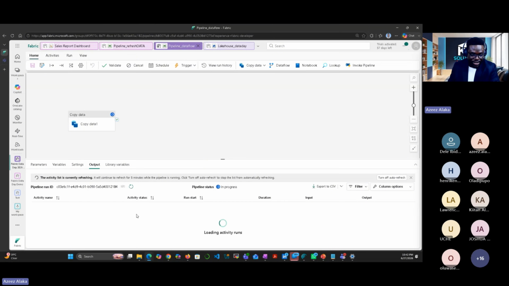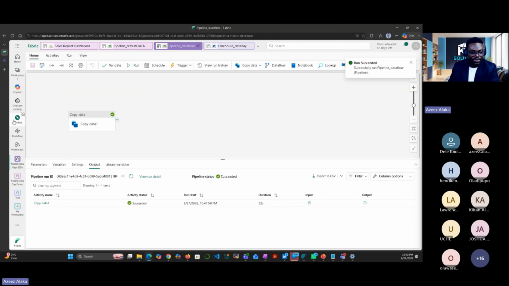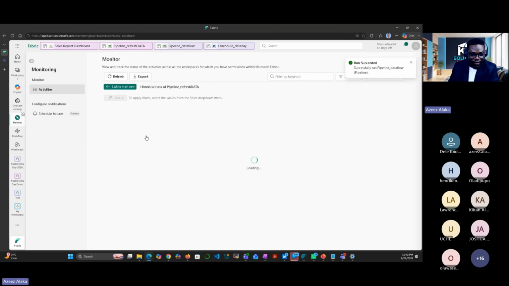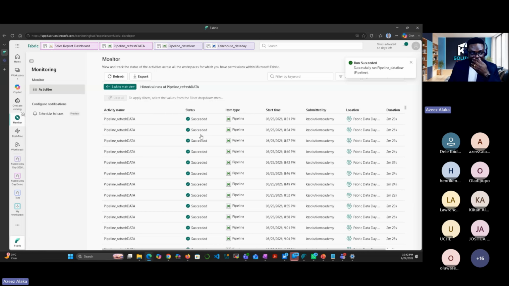So you can see it is running here. You can see duration 22 seconds is used. It's still in progress. You can also monitor this under monitor. Yeah, it is completed. If you go to monitor, you are going to find it as well. All of this is actually what is in the exam. These are the simple things they are asking you. If I click on refresh, you are going to see it here on the monitor. You can see this is the time, 10:42 here in Qatar.